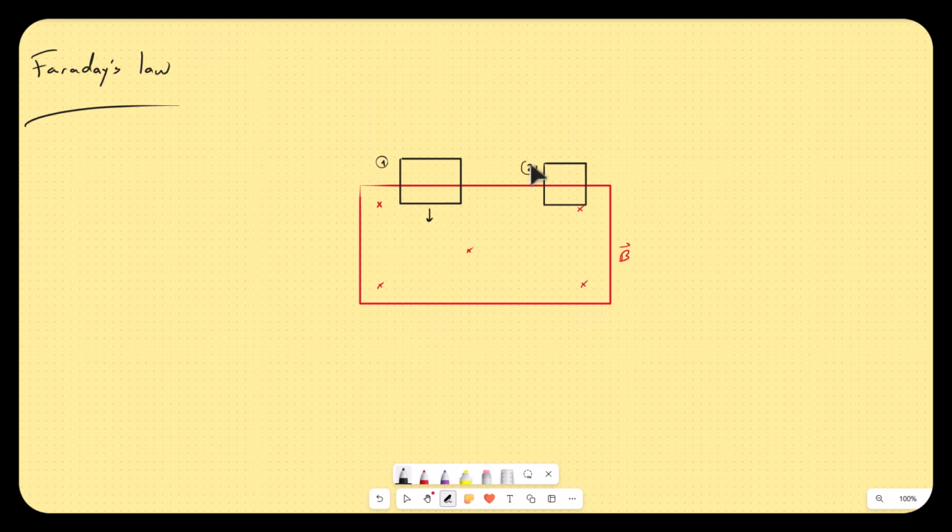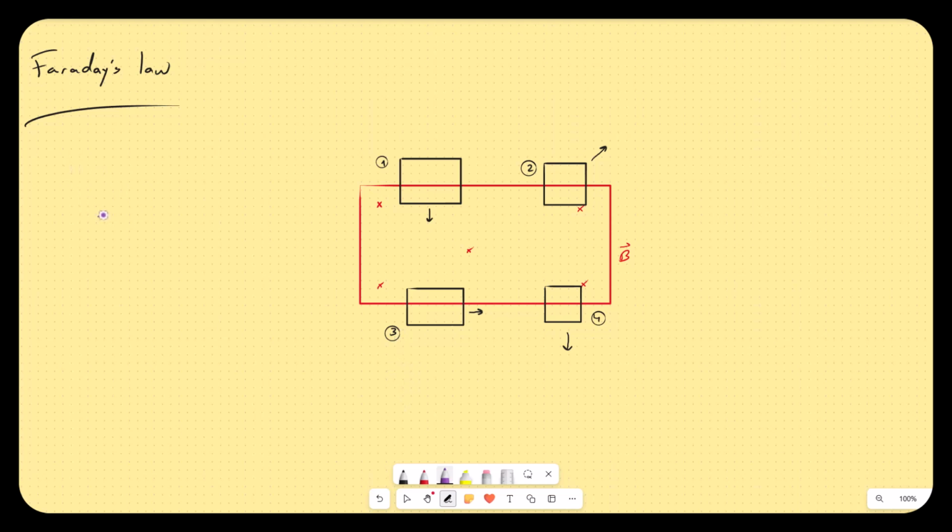Loop 2 can move this way. We'll stick a loop 3 over here, and a loop 4 that moves this way. In each of these cases, I'm interested in finding the direction of the induced current, and